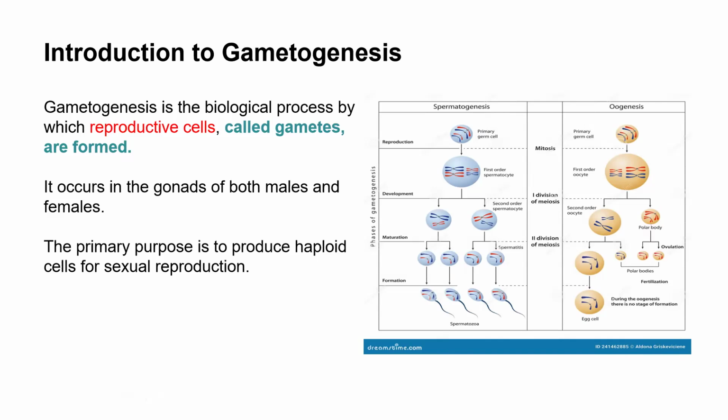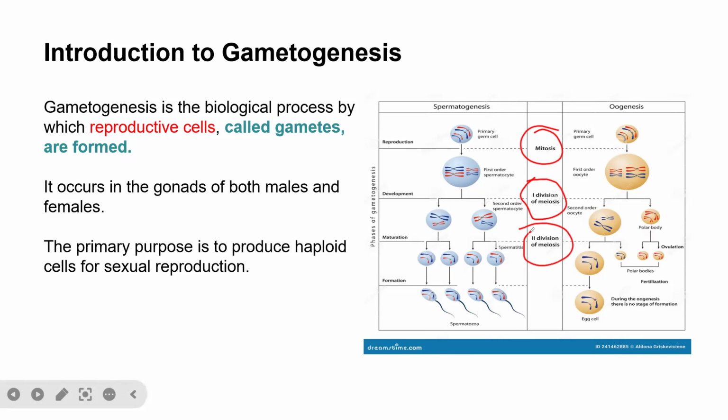And these four stages or four phases include the first stage, mitosis. As we can see clearly from here, it involves mitosis, then the first division of meiosis, and then the second division of meiosis. So these are the stages, or these are the events that occur at these four phases: reproduction, development, maturation, and